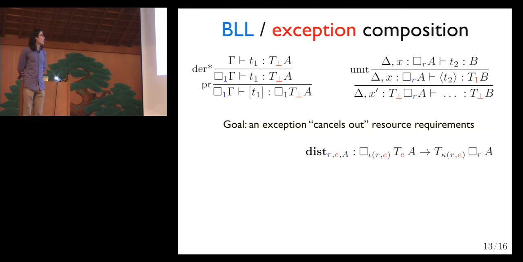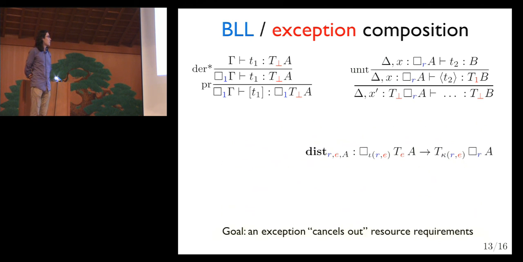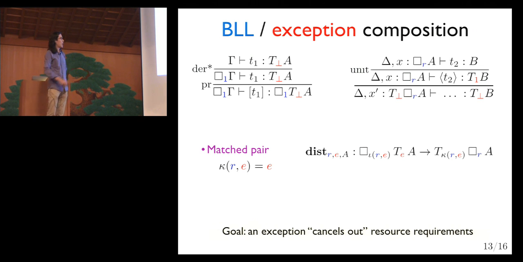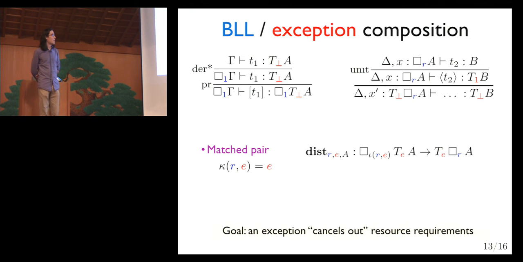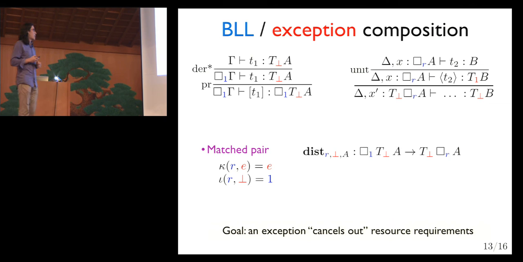So we've got this. We want to cancel out our resource requirements with an exception. So we're going to define a matched pair for our distributive law. Well, the effects are not going to be changed by resource requirements, so we set this to projection. So that specializes our law down to something a bit more simple. So here we've really got effects changing coeffects rather than coeffects changing effects. But very importantly, we want to say that if we've got an exception and requirements R, then those requirements go away because of the exception, and we set the coeffect to 1.